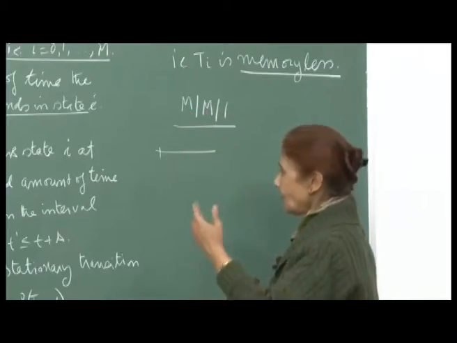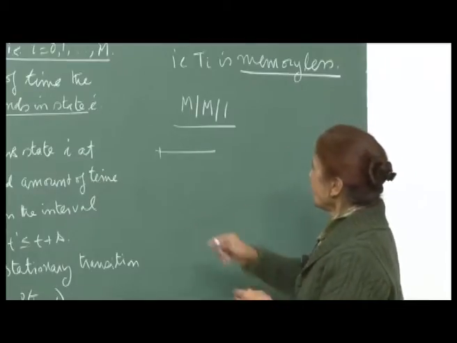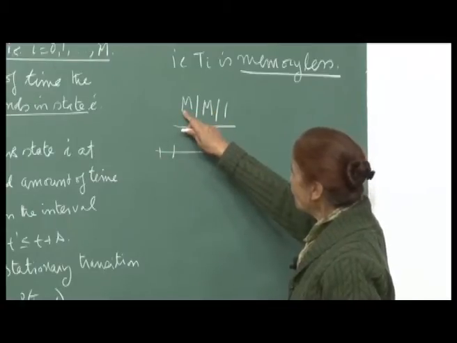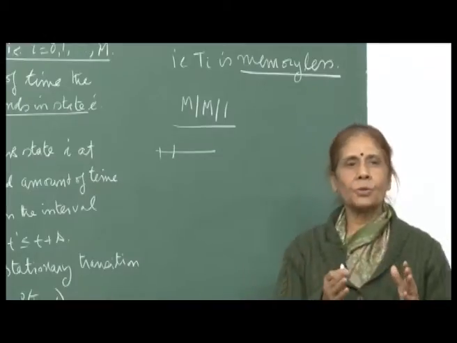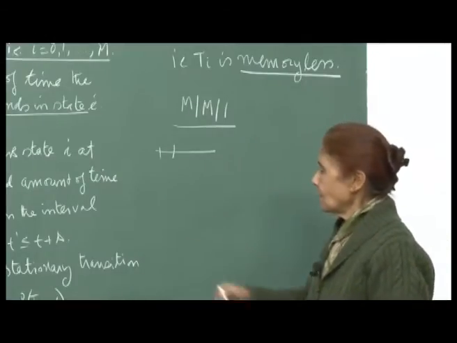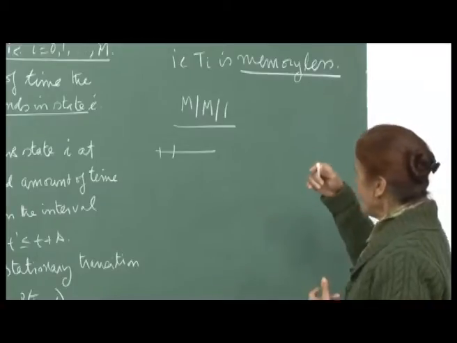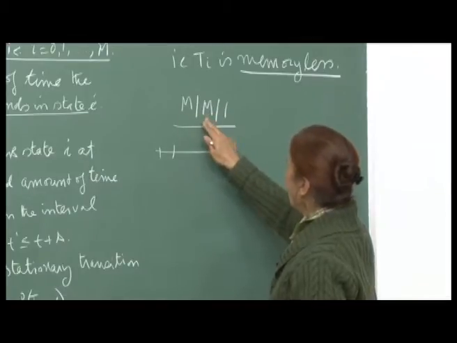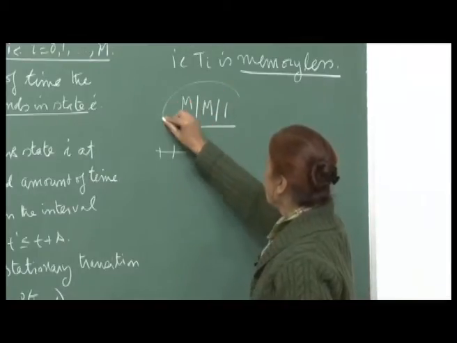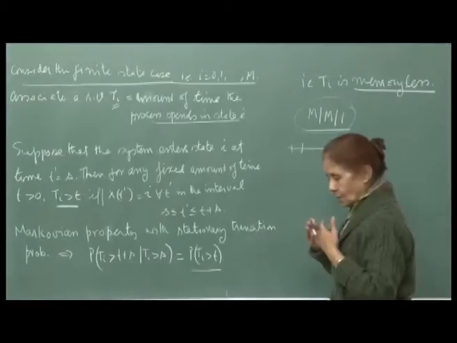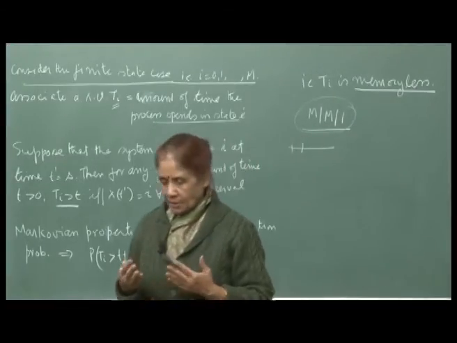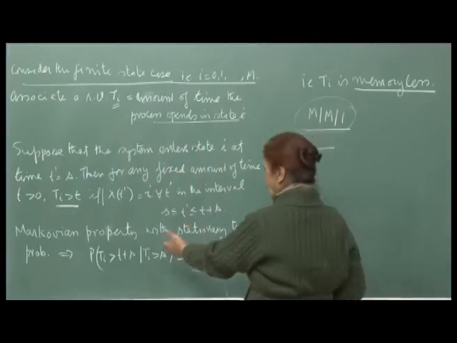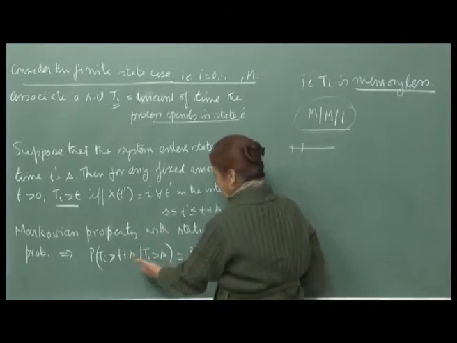You can actually show that if the arrival pattern is Poisson, then the inter-arrival times will be exponential, and so the inter-arrival times have a Markovian property. Then the service times will also be shown, under the conditions that we will impose, to follow an exponential distribution. So, we will call it MM, and then one server. This is the connection, and therefore you see why it was very important that I talk about discrete Markov processes and then continuous Markov processes.